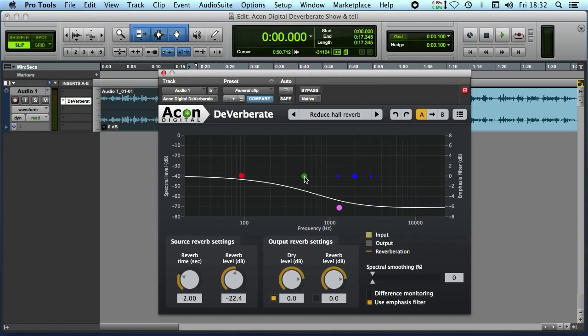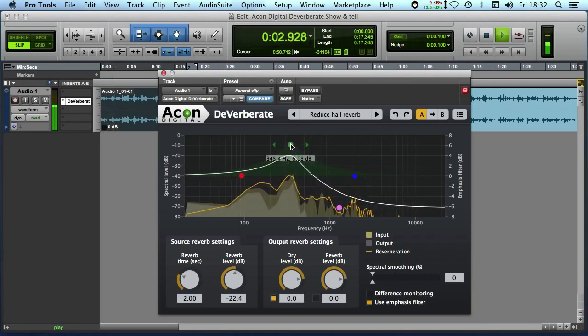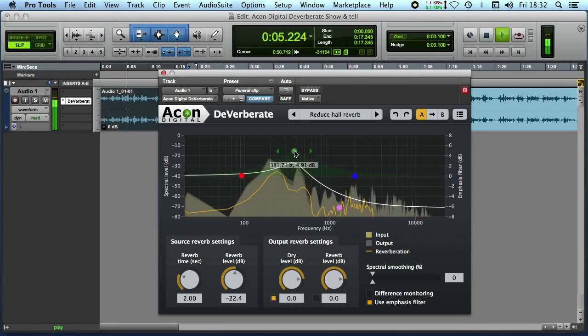So I'm going to start playing the audio, and I'm going to play with this one because there's quite a bit of low mid reverb, and so by pushing this,